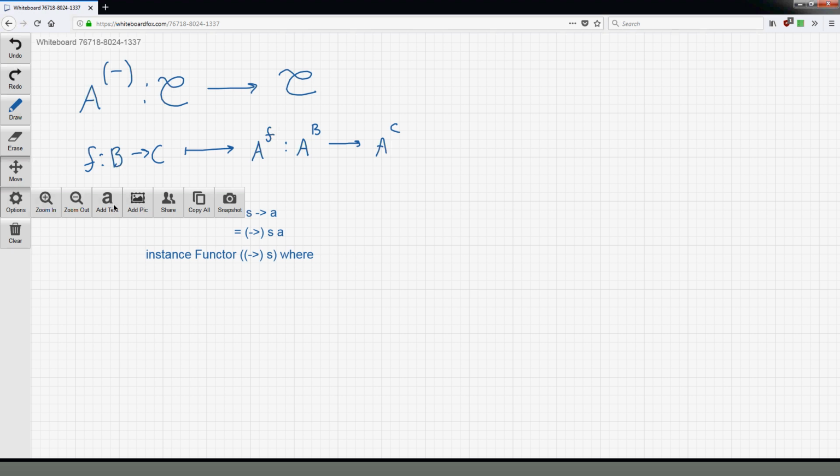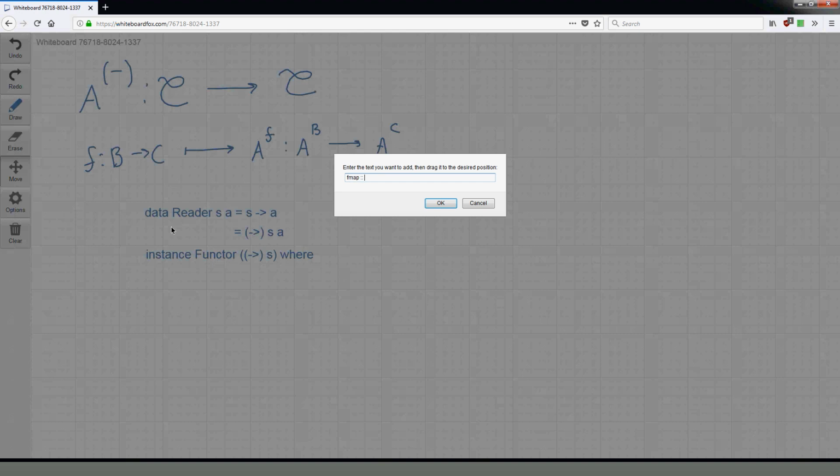And this time I'm actually going to type out the type of fmap explicitly, even though you don't have to do this when you're implementing it. We have a function a to b, a function s to b, and then